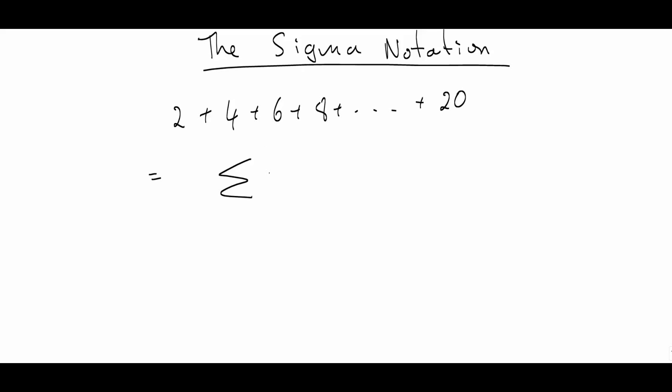And then we can write 2r here, so that's meaning 2 times a number, where r is the numbers starting with 1, so 2 times 1 is 2, then r is 2, 2 times 2 is 4, then r is 3, which gives you 6, when r is 4 gives you 8, and you need r up to 10 till you get 20, so r must be 1